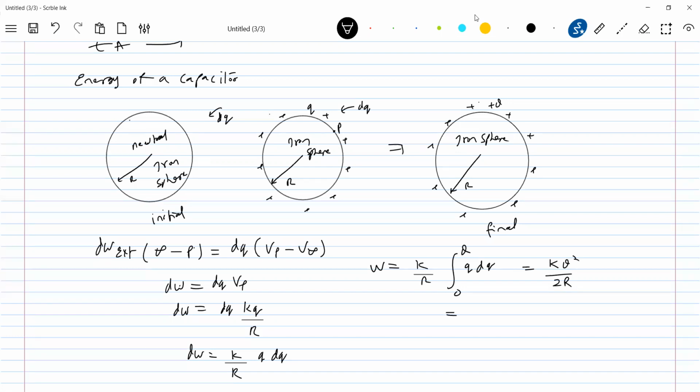So let's do one thing. What is the value of k? 1 by 4 pi epsilon naught, times q square by 2r. All the work done by the external agent will be available as electrostatic potential energy. Q square by 4 pi epsilon naught r is what you can write as C. So therefore, the energy in a capacitor depends on charge and capacitance. Now, what are the other forms you can